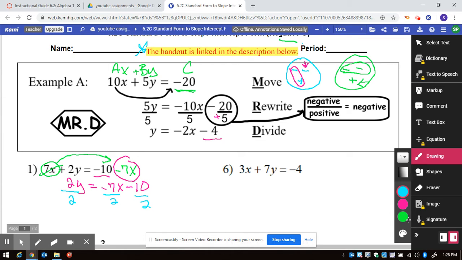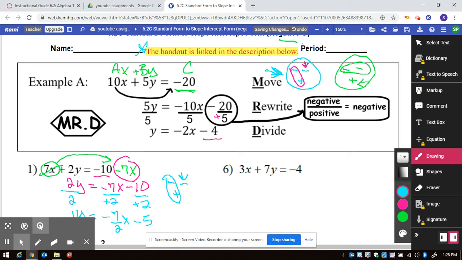So now this is 2 divided by 2, which is positive 1y. And this is a negative and a positive. So going back to that Sleepy Dude with that negative and positive, you know the answer is going to be negative. 7 over 2 does not reduce as a fraction. And then again with the 10 and 2, with it being a negative and a positive, the answer will be negative. And 10 divided by 2 is 5. All right, so there's another example B, but we are going to work out